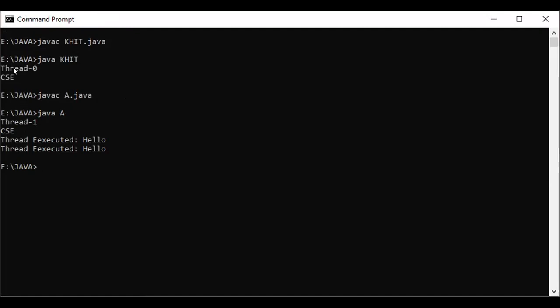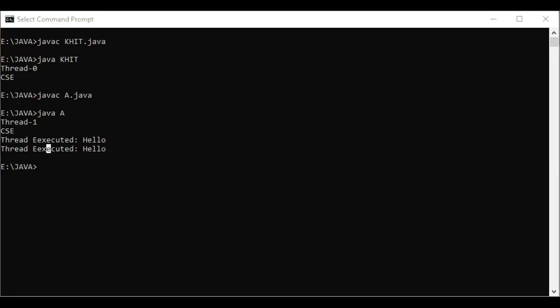We already created one thread, so thread 0 is already given. That's why here it is giving thread 1. Okay. And the second thread is CSA, and both are executed in the run method. That's why both are executed in run method, right? T1 start, T2 start. Got it?